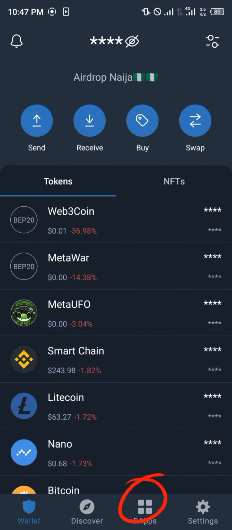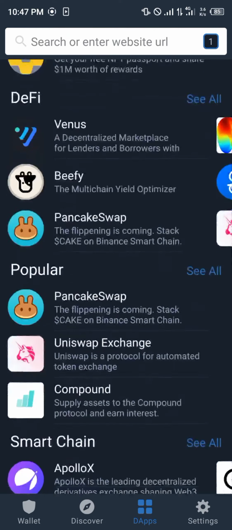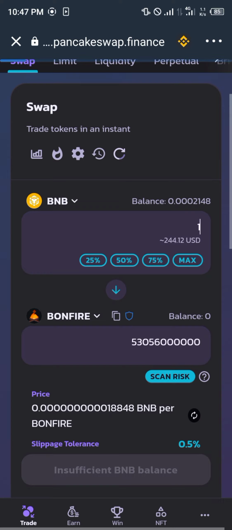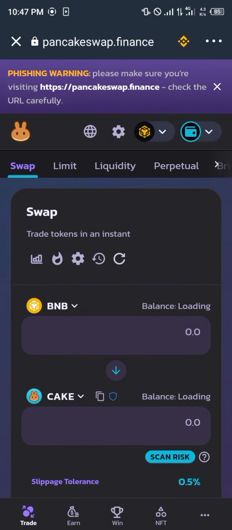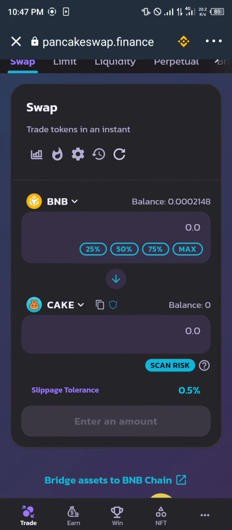of the screen. Once you're there, you're going to be looking for one of the best exchange platforms known as Pancakeswap. Some honorable mentions are Uniswap Exchange and Compound. We're clicking on Pancakeswap right now. You give it some time to load up, and we're going to be selling some specific coins based on the